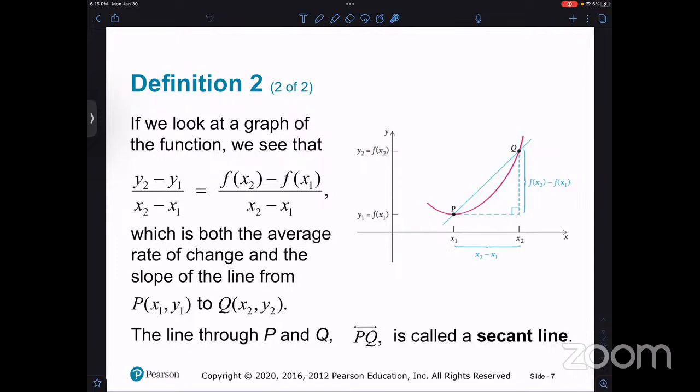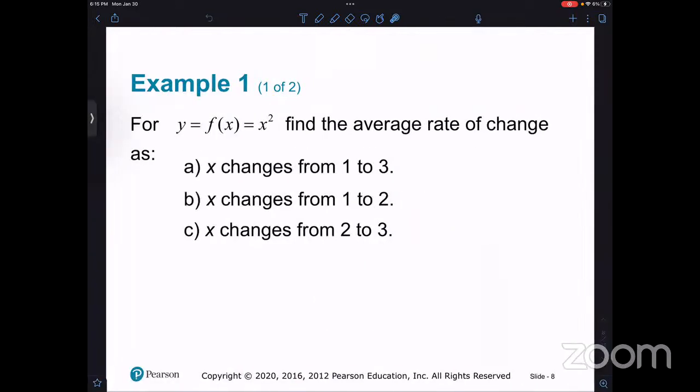Once Q is essentially right on top of P, now we're talking about a tangent line. And so this difference quotient, and all this discussion, is trying to get a better and better approximation for the slope of the tangent line at a point, right? Hopefully that made sense. If I need to say that again, just say so. I can repeat it. Maybe not the same way, but it'll be the same concept. All right, so that's essentially what we're going to be doing.